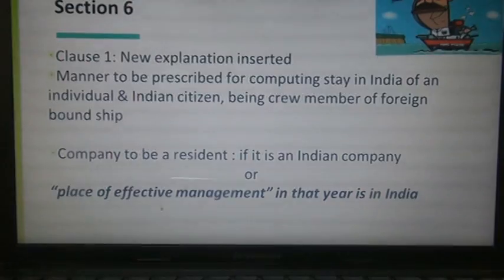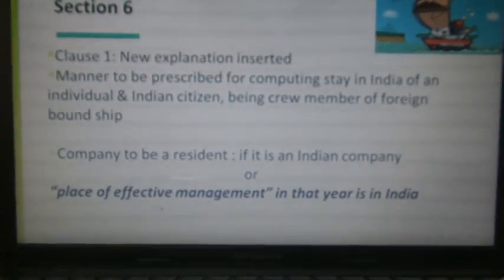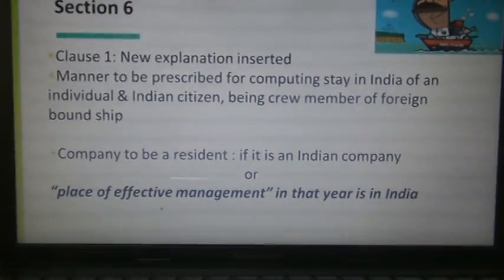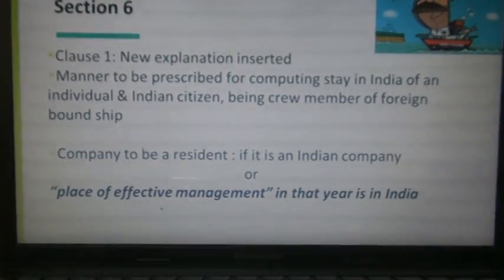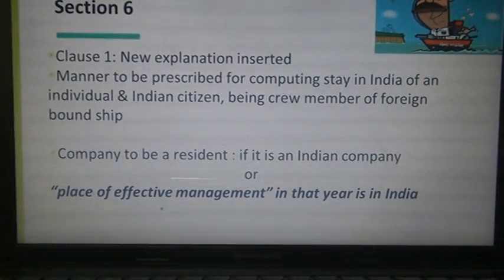There have been other changes in the definition section with regards to business, trust, notified, etc., but we are not covering it in this slide. Coming to the next amendment of section 6, that is with regards to residency rule, a new explanation has been inserted in section 6, and it says that for an Indian citizen who is living as a crew member of a foreign bound ship, a manner will soon be prescribed for computing the number of days